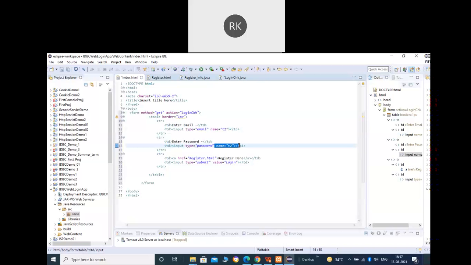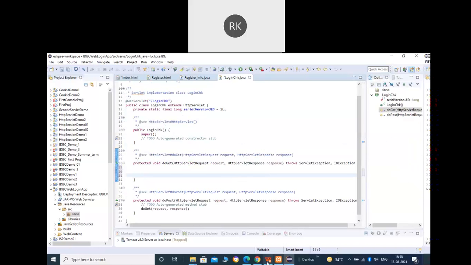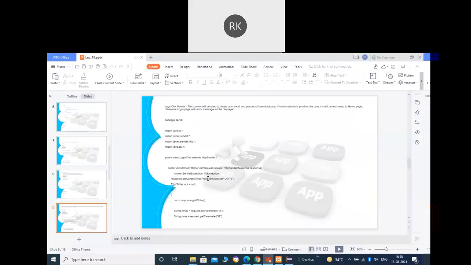All right. So we'll be doing the same thing. First of all, we try to access the values of T1 and T2. The T1 and T2 are the text boxes where we have asked for the email and the password. After getting them, we'll also try to get the value of the password from the database. Now we'll try to match the password entered by the user in this text box with the password that has already been stored in the database. If these two passwords match, only then will we consider the user as valid.